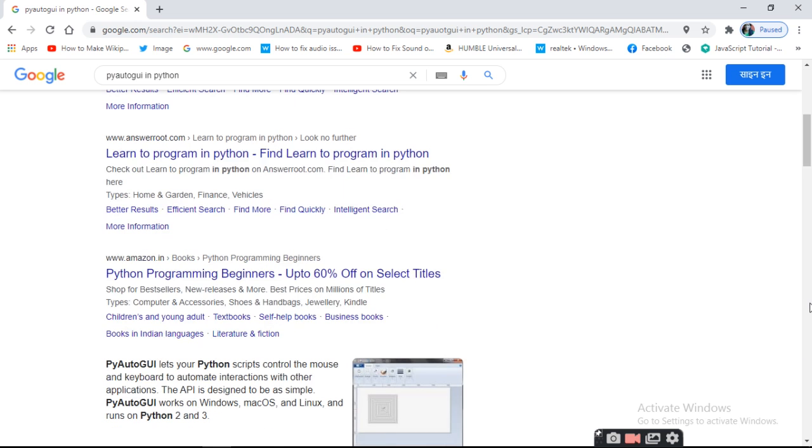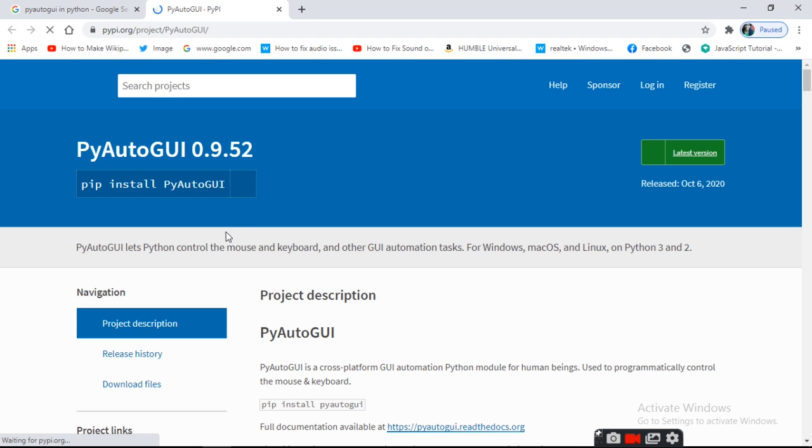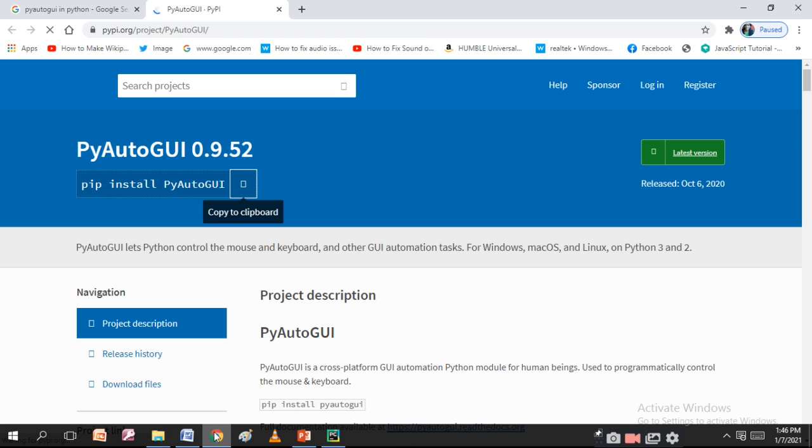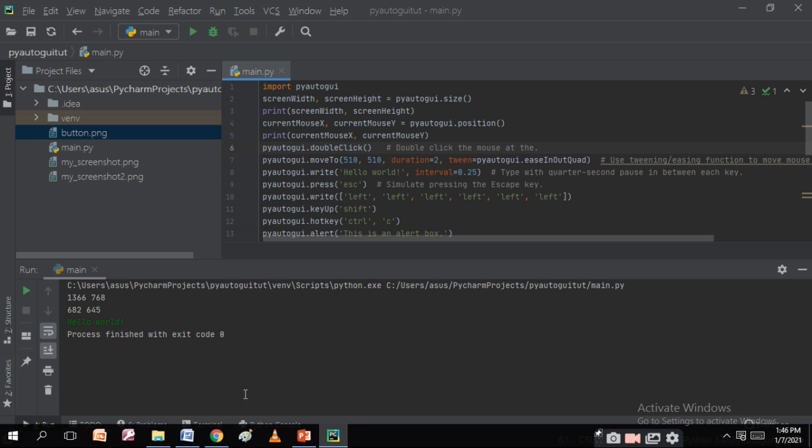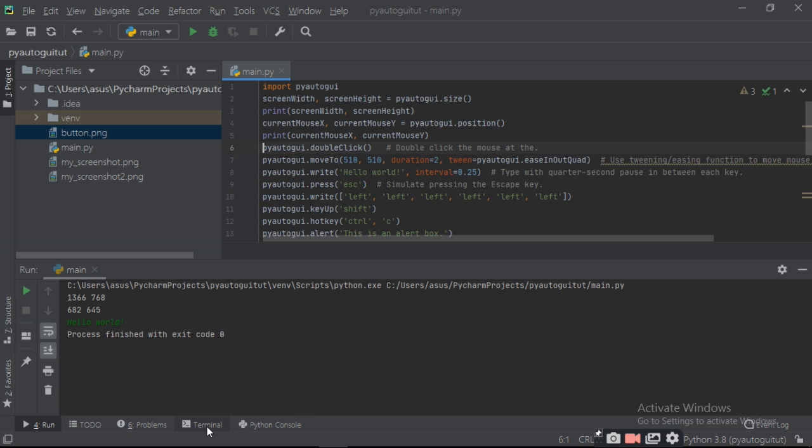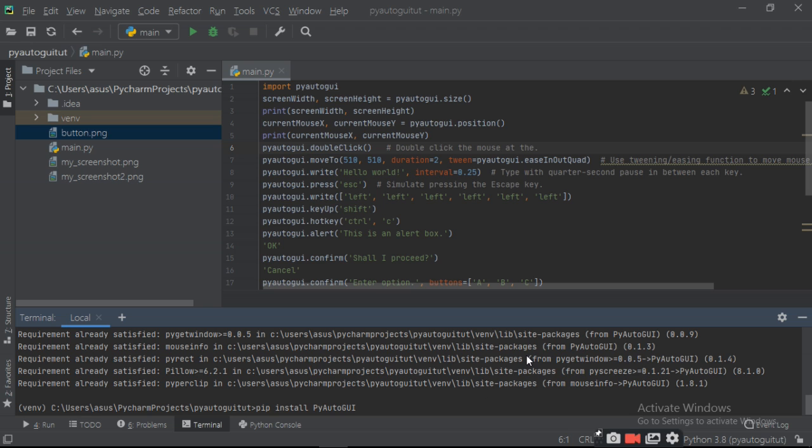Go down here, this is PyAutoGUI. You copy the link and go to your terminal in PyCharm, and there you have to write pip install PyAutoGUI and press enter. This will install PyAutoGUI and you will be able to use it.